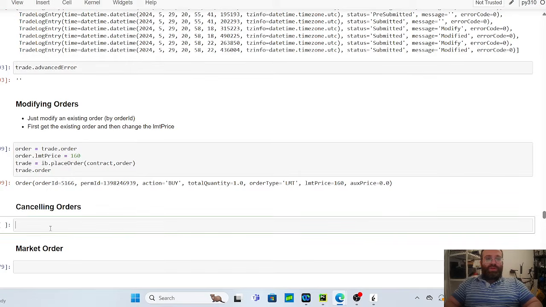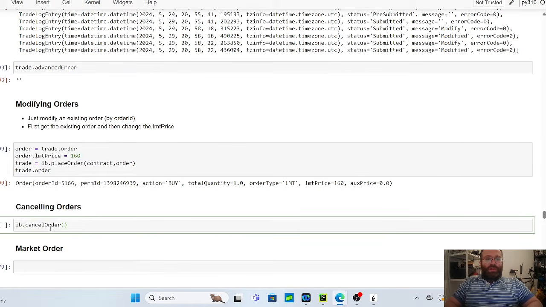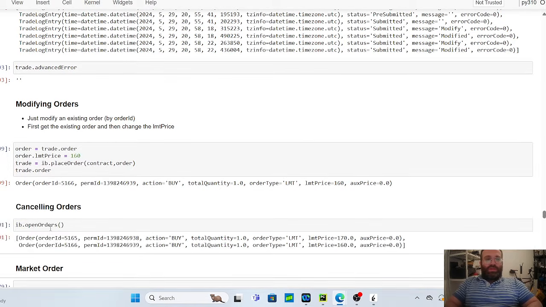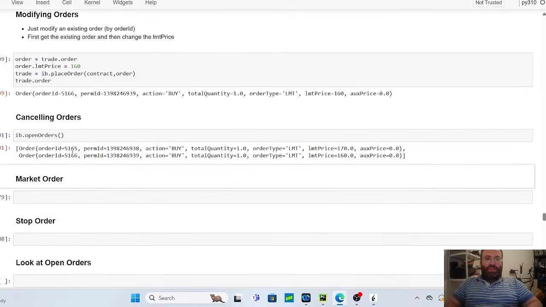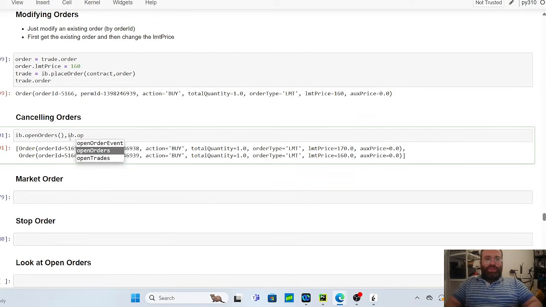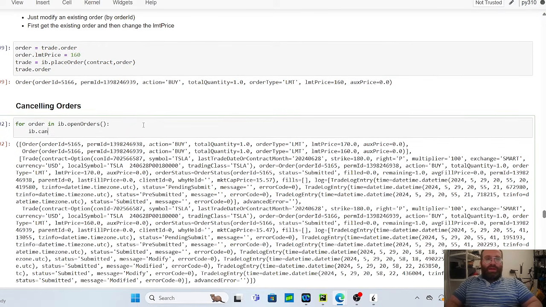Okay, so for canceling orders, you can do ib.cancelOrder, and you just pass the order. There's also a helper, ib.openOrders, so you can see the orders that are open, and once you place the order, it'll change that. There's also ib.openTrades, by the way, and that gives you the whole trade info. It's similar to ib.openOrders, but to cancel the orders, you can do for order in ib.openOrders, ib.cancel